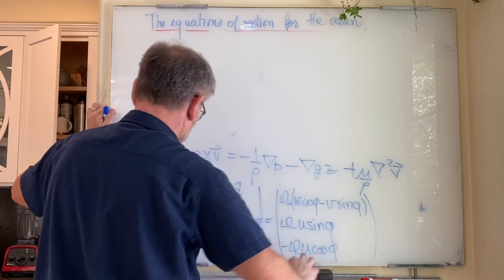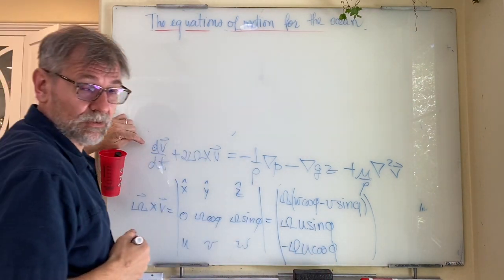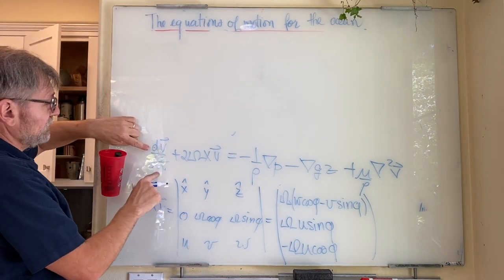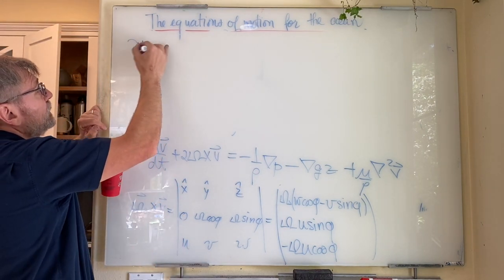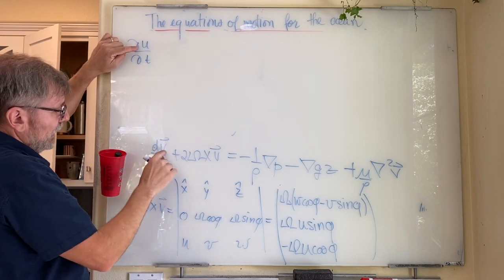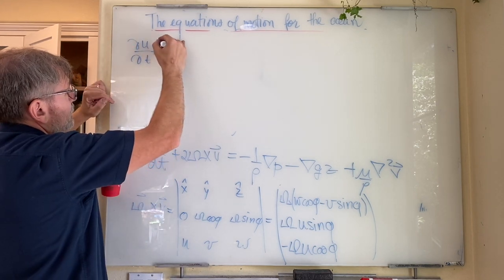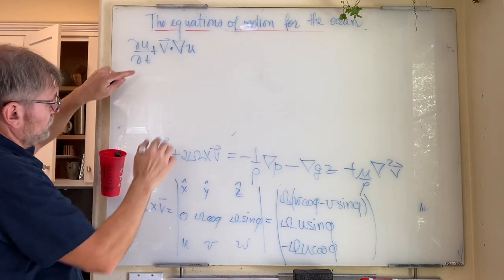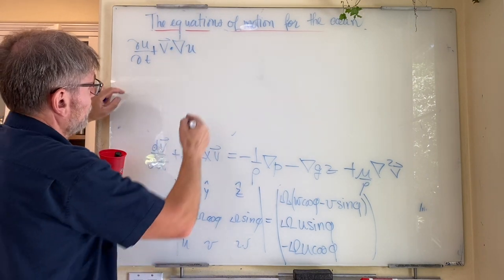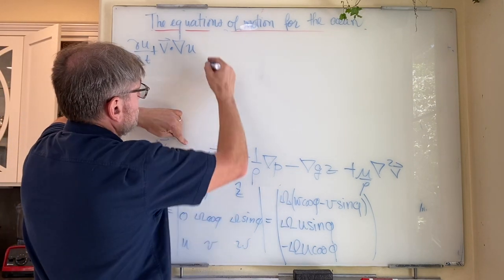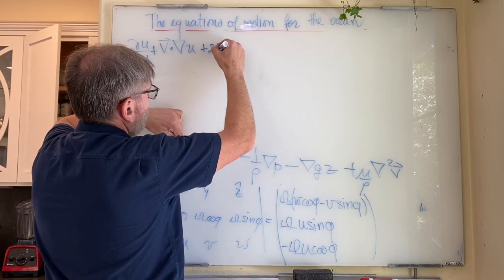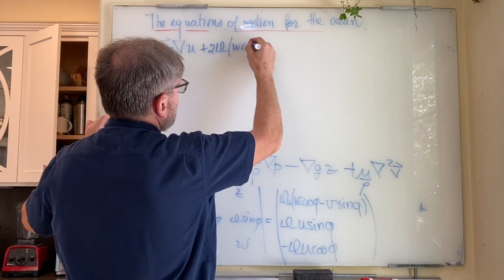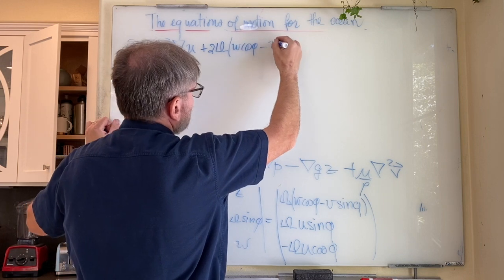Okay, so let's start off by writing the x component, or the eastward component of dv dt. So this, remember, is the material derivative. So du dt, u is the x component of v, plus v dot grad u. So that takes care of this material derivative. And now we have this term, which is plus 2 omega times w cos phi minus v sine phi